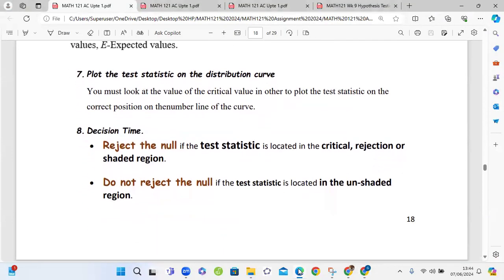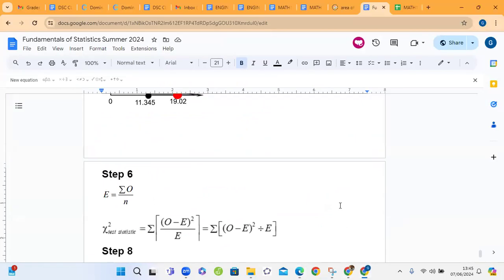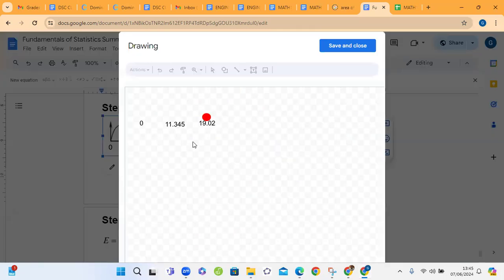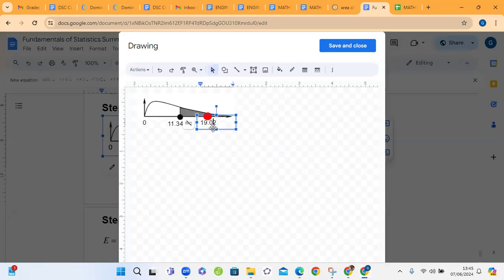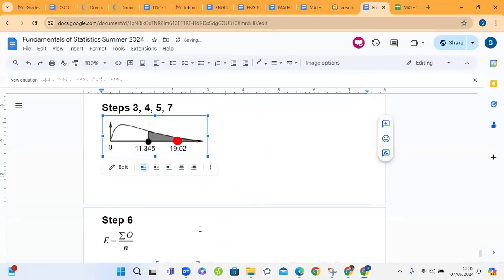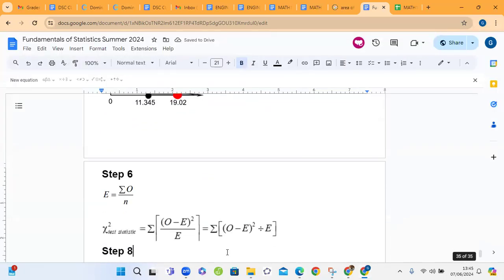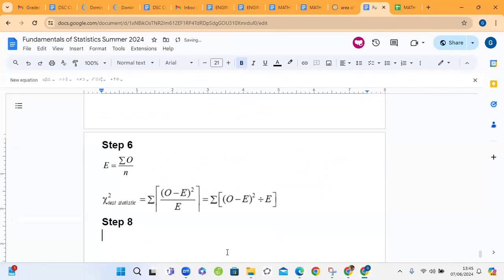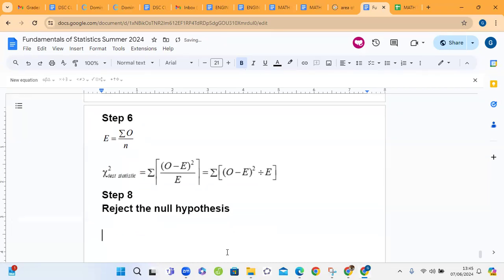Decision time. Reject the null. Again, reject the null if the test statistic is in the critical region. Do not reject the null if it is not. Where is our test statistic? Our test statistic, here it is. It's in the critical region. So we've got to reject the null hypothesis. And that's what you simply write. Reject the null hypothesis. And we go to step number 9,